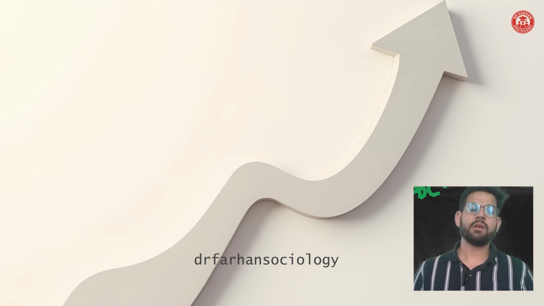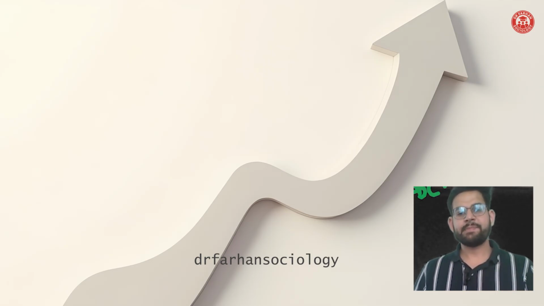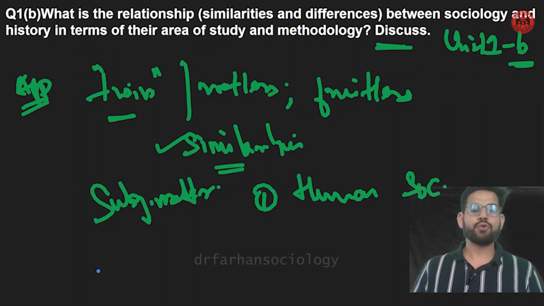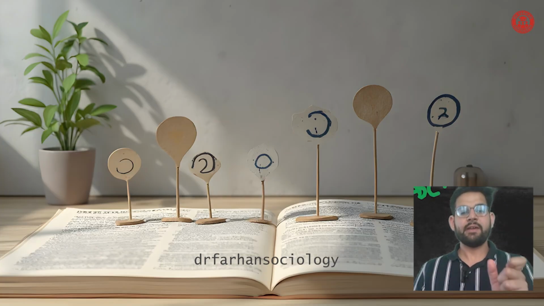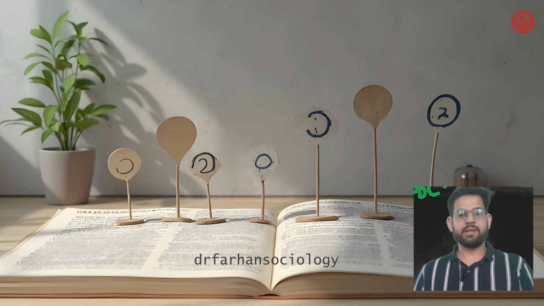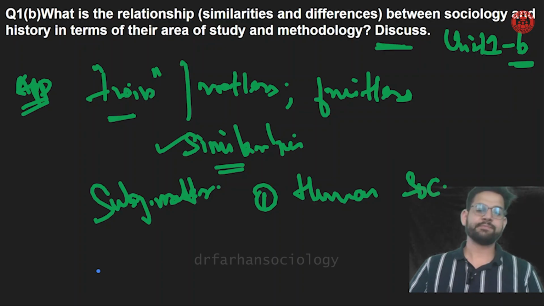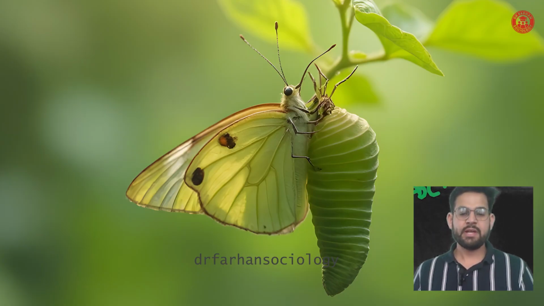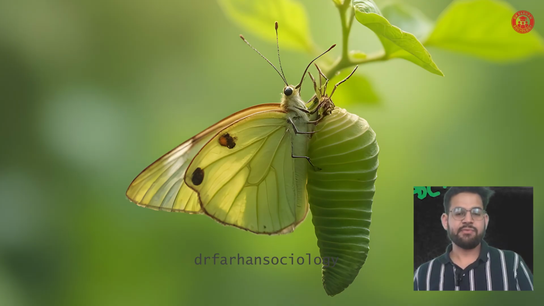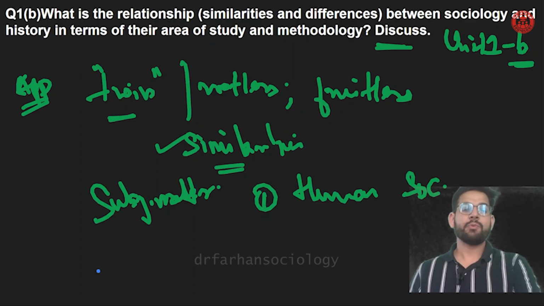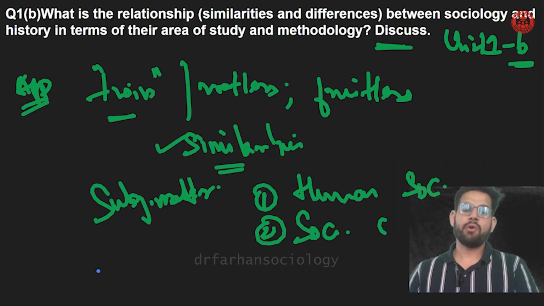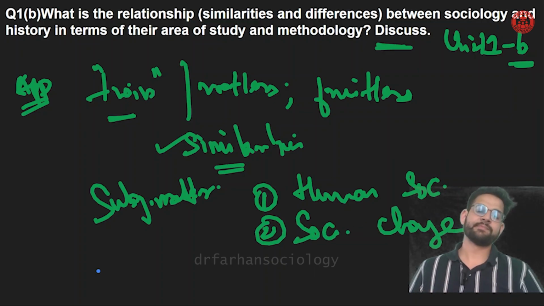Both of these subjects are trying to see the aspects of social change, how social change is being determined. If you look at history, they try to look at social change over the period of a specific era. Sociology is trying to look at the change in the form of transformation. So both of these subjects are trying to capture the aspect of social change.